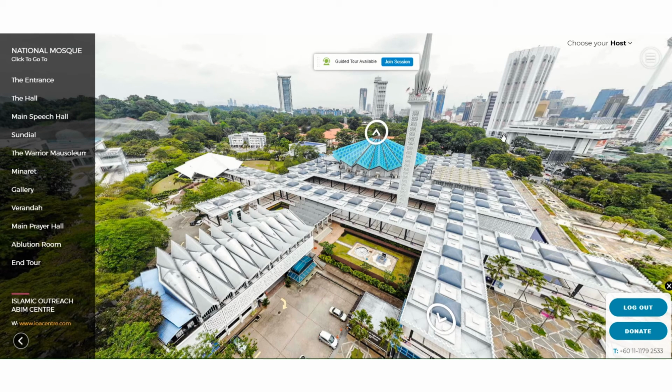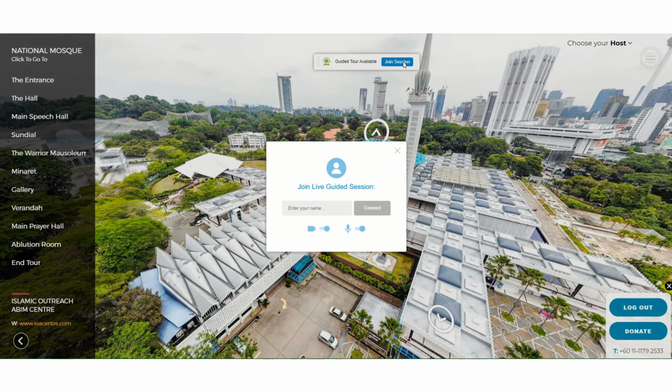So straight away, you don't have to worry anymore about any of the other buttons here, how you want to navigate through this VR tour, because the available guided tour will straight away take you to the tour and just follow his guide. Okay, so from here you can straight away press this join session button and you enter your name,